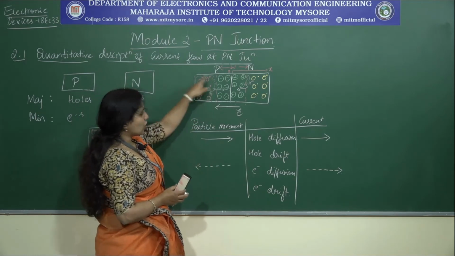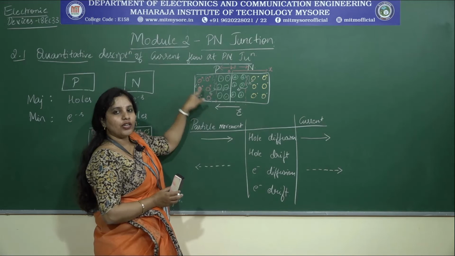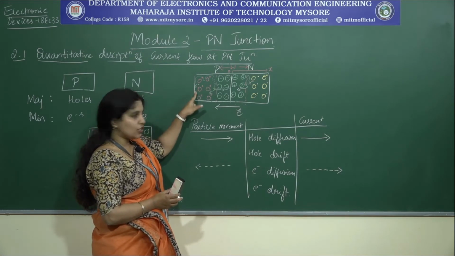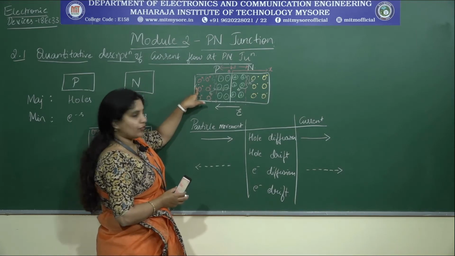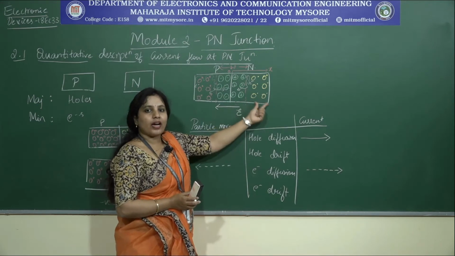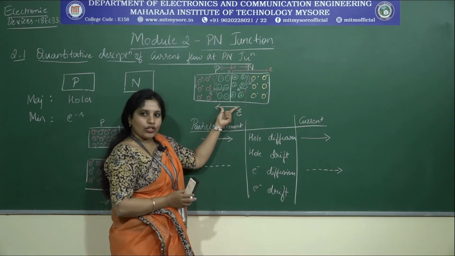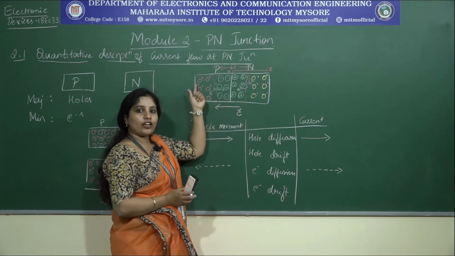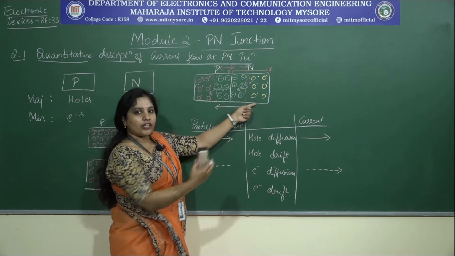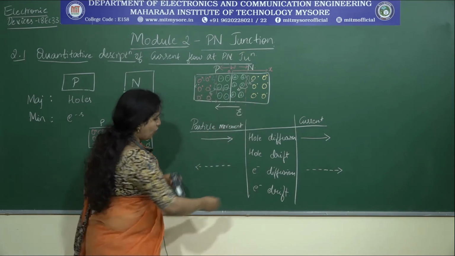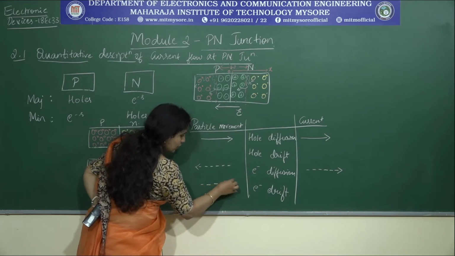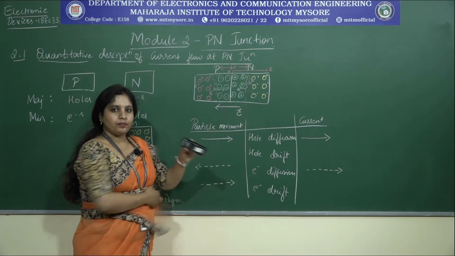If I consider the p region, the minority carrier we have here is the electron. How is this electron getting drifted, and from which direction to which direction? The electron is getting drifted from the p region to the n region. It is getting sucked by the n-type material under the influence of the electric field. Therefore, the direction of electron drift is from p to n, that is, towards my right side. So if I consider the electron drifting, I represent the direction towards the right side.